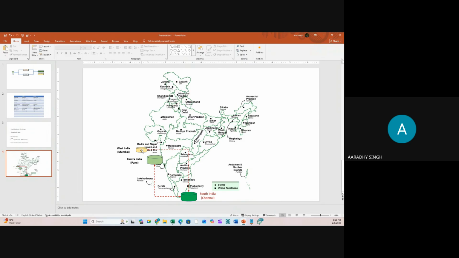So its backup will not be stored in Pune. Similarly, if you're going to store any data in Pune, its backup will be available in Chennai. It will not be available in Mumbai. And for the data here, once again, there's a slight change.